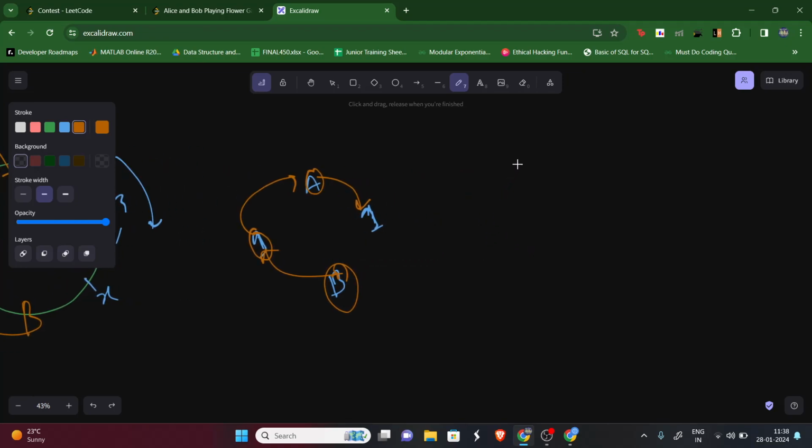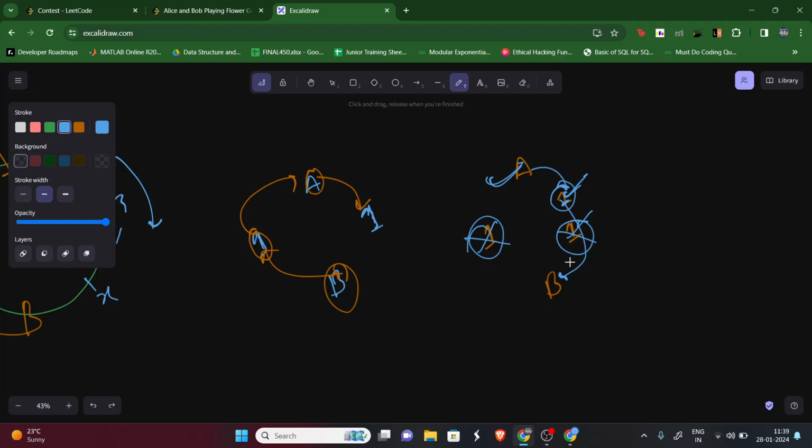But let's say there were three flowers, so here is Alice, here is Bob, here is one flower, then again one flower, and then here one flower. So what can Alice do? Alice can choose any of the flowers. So let's say she chooses this one, then Bob has to choose this one. Now again Alice will choose this one. So when Alice chooses this one, these two have already been chosen and there are no more flowers left. So as Alice chose the last flower, she will capture Bob because there are no more flowers to capture by Bob. Okay, so very easily you can see one thing, that Alice will only win if there are